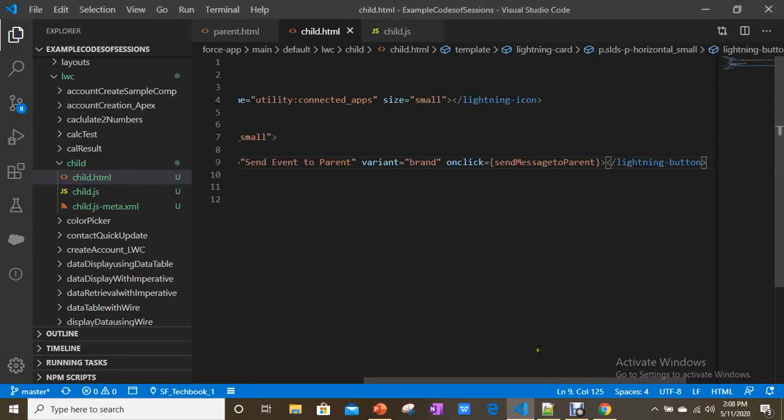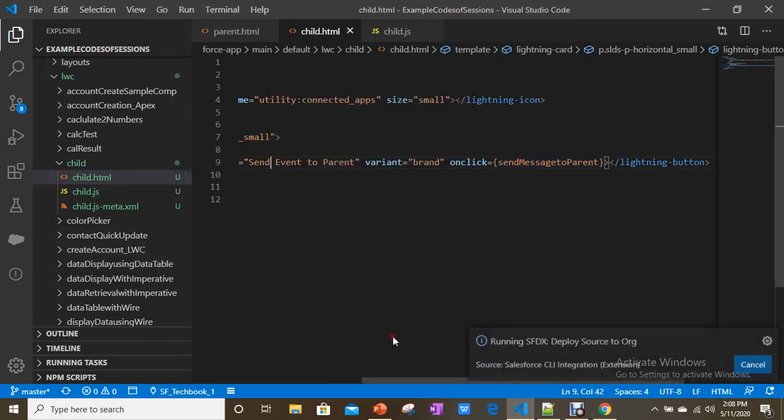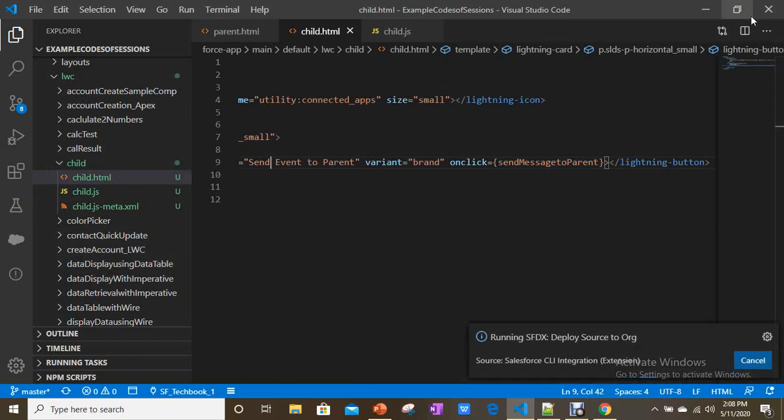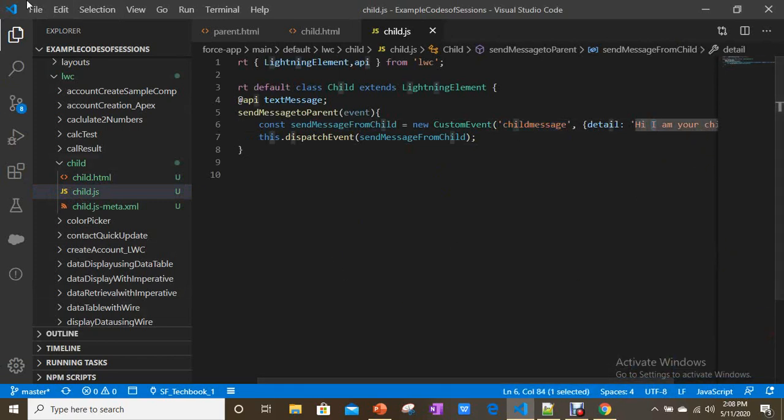See, in the child component I added a button, Send Event to Parent, and when you click on this button in the child component it will call this method. Whenever it calls this method it fires, or dispatches, this event. It dispatches the event childmessage along with this message detail.